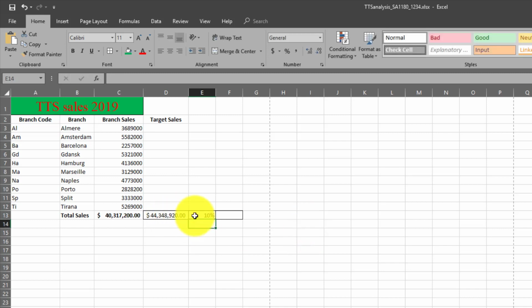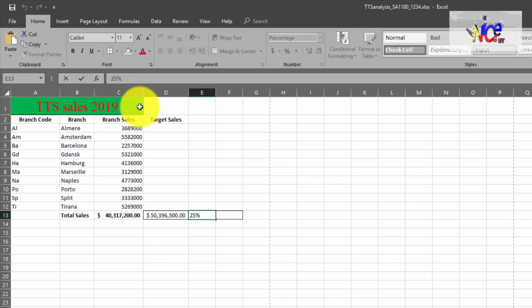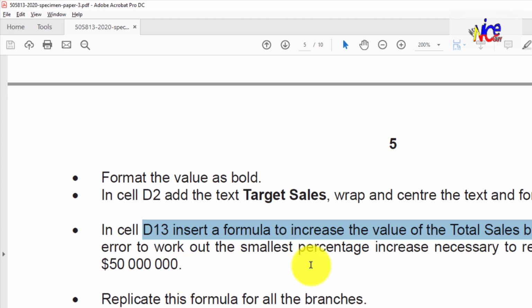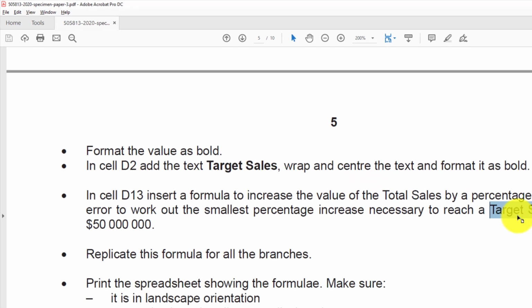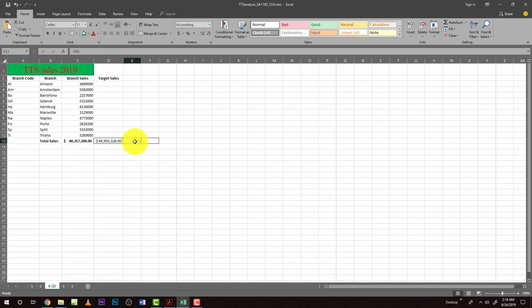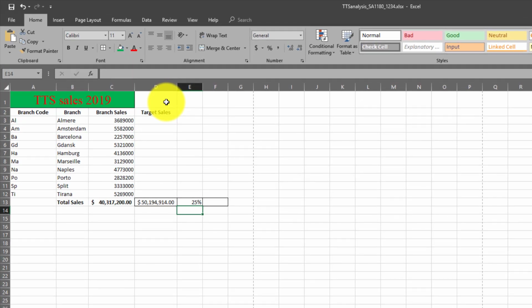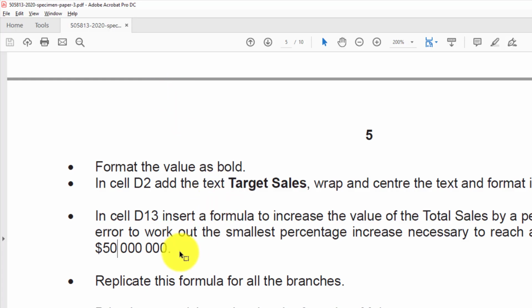It's 44 million, so we will try with 20%. 48. It's almost close now. We will try with 25%. 50,300,000. How about 24%? It's not even reaching 50 million. To reach a target sales of 50 million, if 24%, it will not reach that particular thing. 24.5, we'd say. That will do. 24.5%